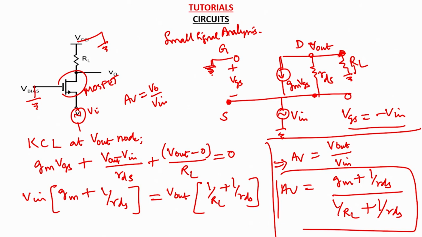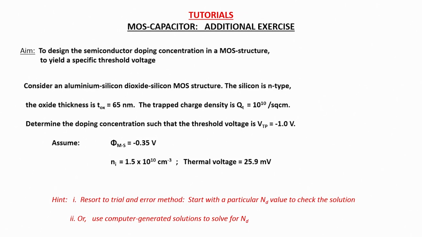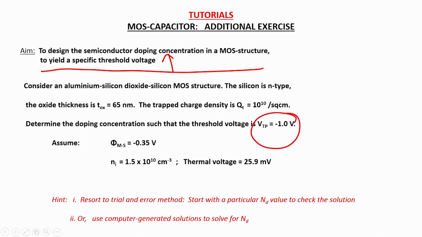And at this point we thought we'll give you an exercise problem from the MOS capacitor topic, which you can take up at your leisure time to solve. The aim of this problem is very simple. You intend to calculate the doping concentration for a MOS structure where your desired threshold voltage is given. Unlike in your assignment questions, where you have been given the doping concentration, here you are given a specific threshold voltage, and you have to back calculate the required doping concentration to achieve it, and you are given other parameters relating to the device,